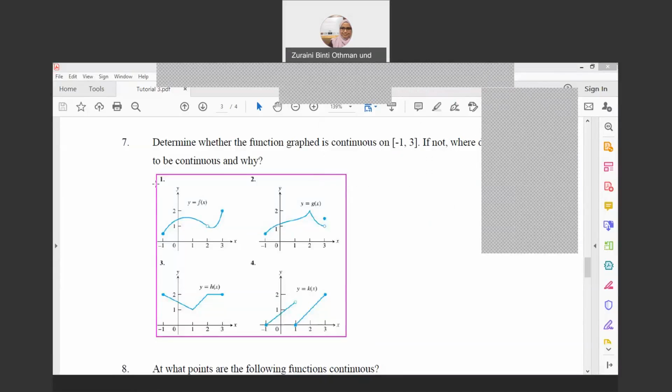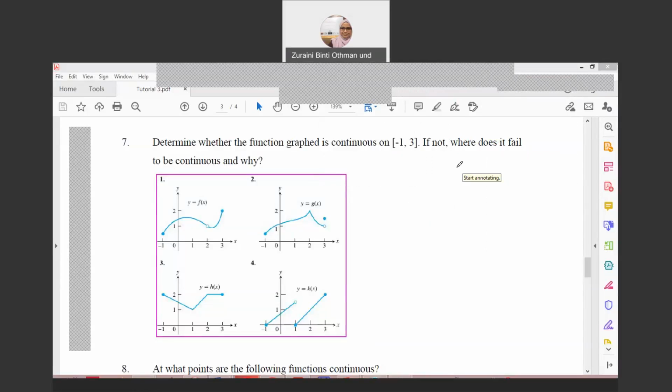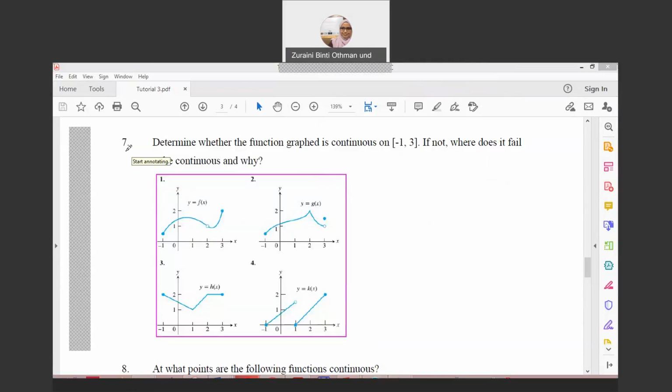So today we'll continue our tutorial with continuous function. For this continuous function, question number 7, determine whether the function graph is continuous on -1 until 3. If not, where does it fail to be continuous and why? Okay, so now from -1 to 3,